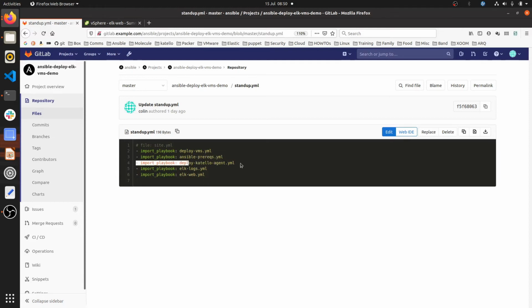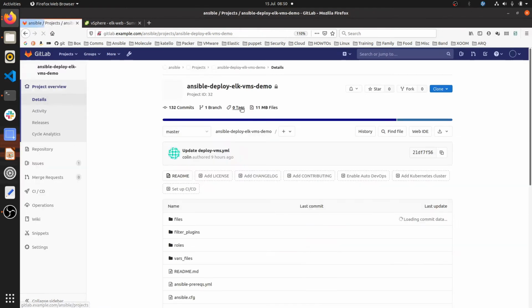And then we deploy the Catello agent. Catello is the upstream of Red Hat Satellite 6, so that's where we get all our CentOS RPMs, etc. from, and where we mirror the Elastic Stack repos as well. Then here we use the elk logs playbook, which builds the Elastic Stack server, and then elk webs, which builds the Nginx server that we're going to use to send the logs to the Elastic Stack. So if we go back and look at the deploy VMs,